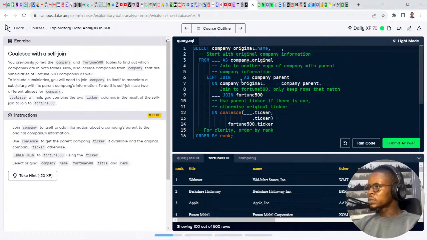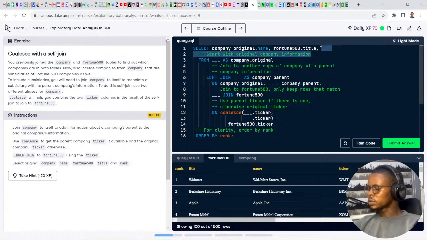So as this, hold on, then join 4500, okay, Control C 4500, and do dot title, just to make sure we're selecting it from the title table and make it easy to read. And 4500 rank.